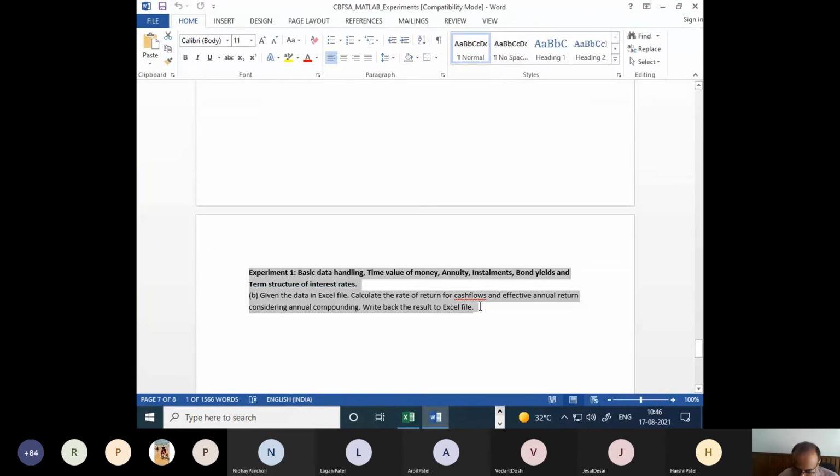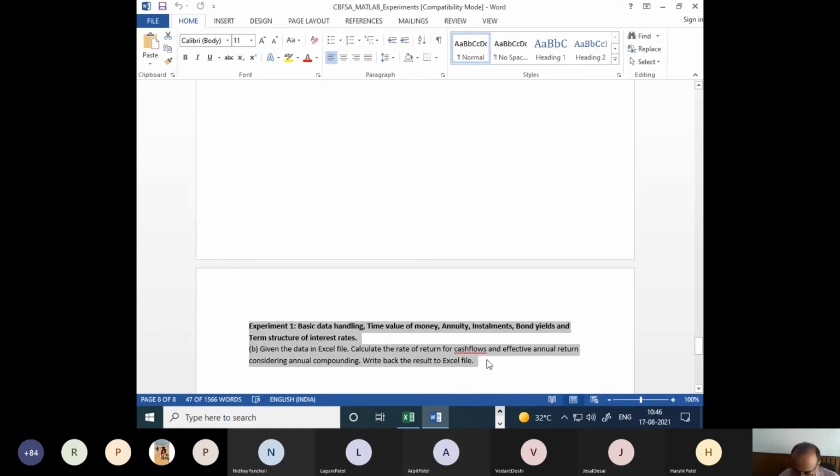And then I will assign you this task as an assignment for this week's laboratory. I will float this on MS Teams. So this week you have to perform experiment 1B. 1A I have done, right? In experiment 1B you have to calculate the rate of return for the cash flow. I will provide you an Excel file with some realistic data, and I will also specify which kind of return I require. So accordingly you have to use the function and write back your result, not anywhere but in an Excel file. Now you have to take an Excel file as input and an Excel file as output. Your MATLAB is a signal processing or data processing system. Hopefully you understand. Let me go to MATLAB.